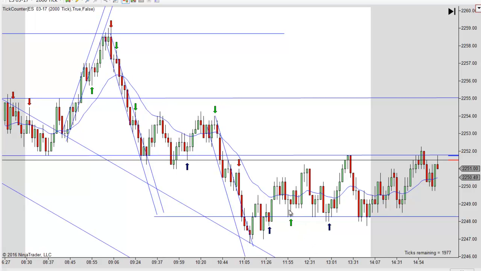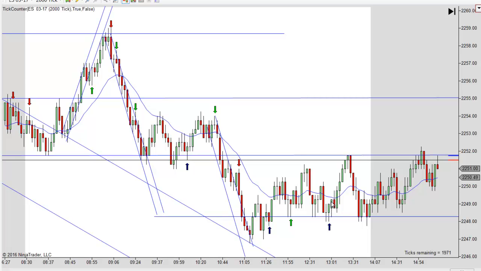When it didn't go anywhere and just started going sideways, I probably would have ditched it. But we're just kind of going sideways here. This was a nice, tempting one, but you wouldn't have been able to get into it, at least not on my chart. It moved too quick, and it's really close to those last lows there. Not a lot of room, but when it touches down here and it bounces and gives you a second entry